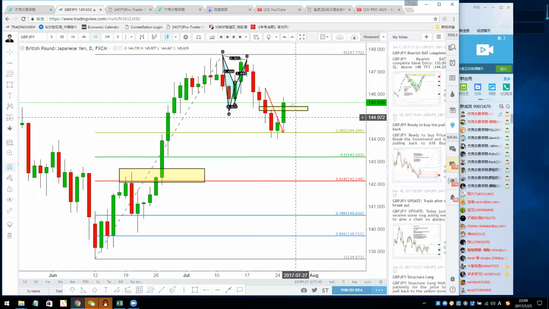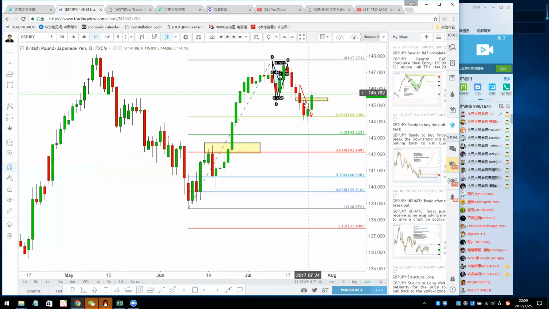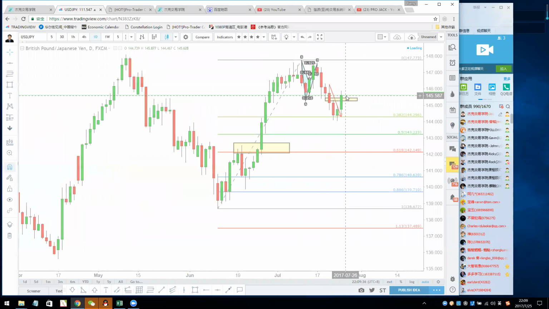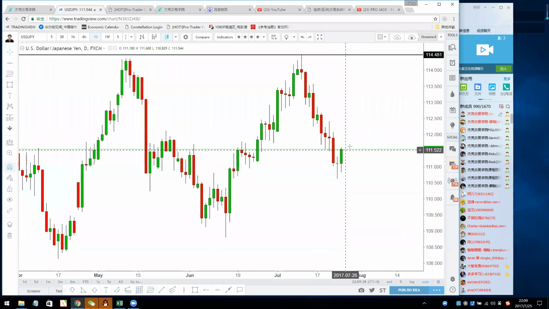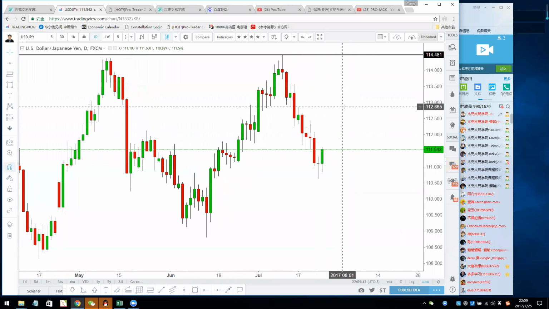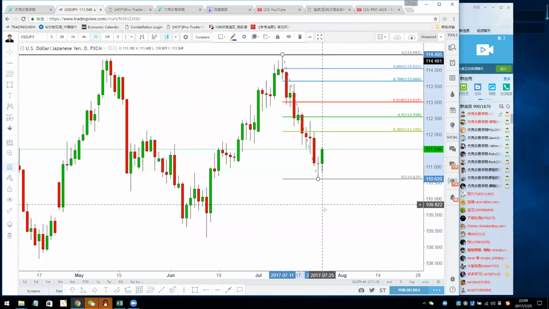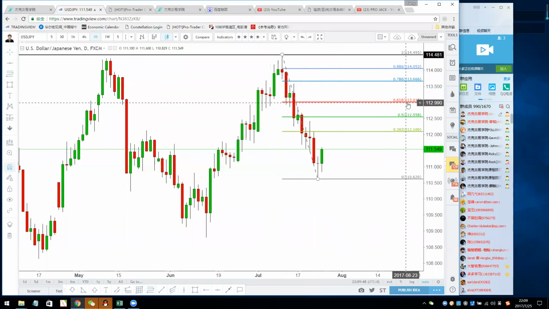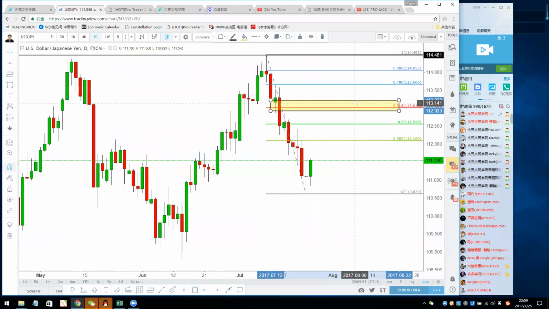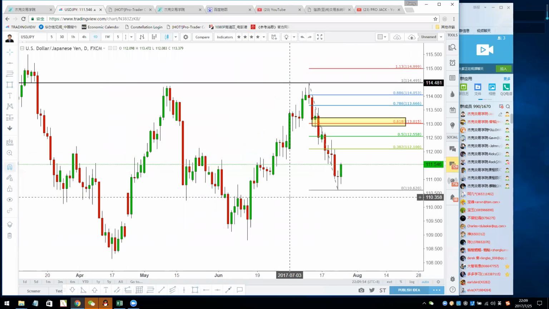Okay, just rally back. Okay, so I will not short the sterling yen at this moment. I will neither short dollar yen at this area. Okay, I will wait for a pullback to maybe 112.86, or I will use the 618, which is 113. Okay, so for the dollar yen, I will wait for the price to come and hit this place to short. Okay, that is for the dollar yen.